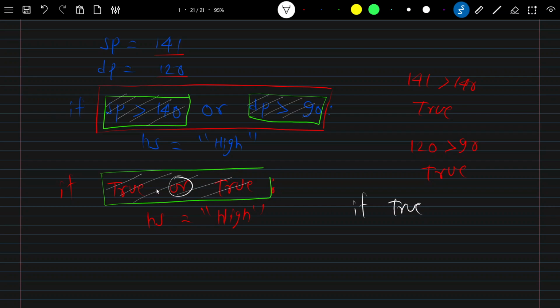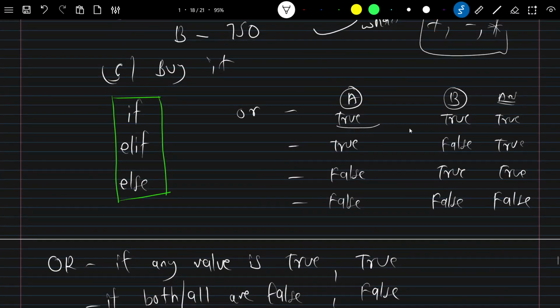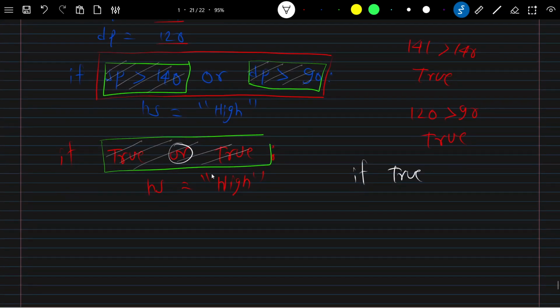So if I'm again writing this one, this is solved, and the answer of this is true. True or true will give you true. Understand? I'm just writing that same thing down. This is how Python will solve internally. We don't have to worry about it. If true, this true comes from solving this expression. If true, then